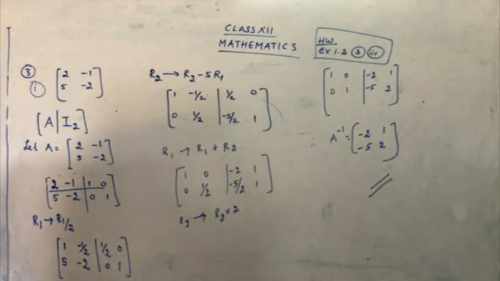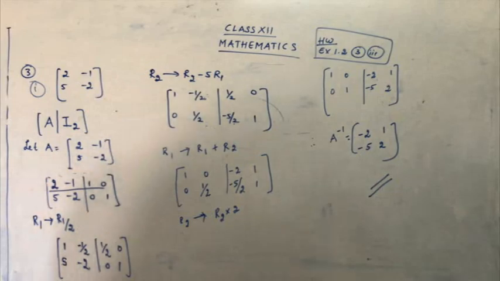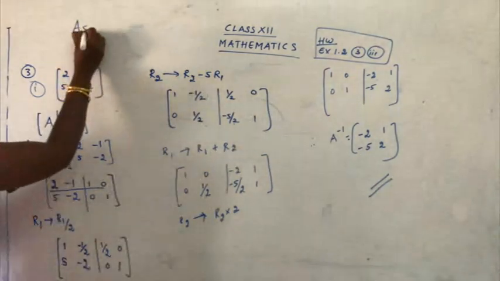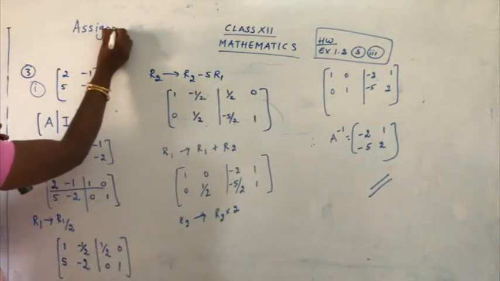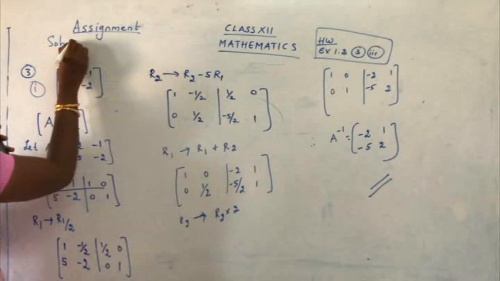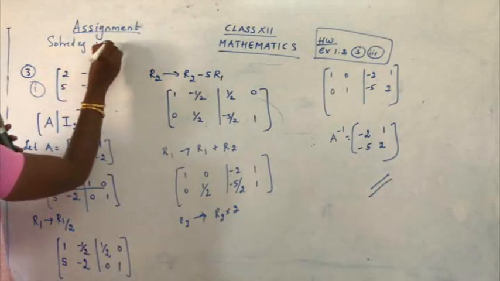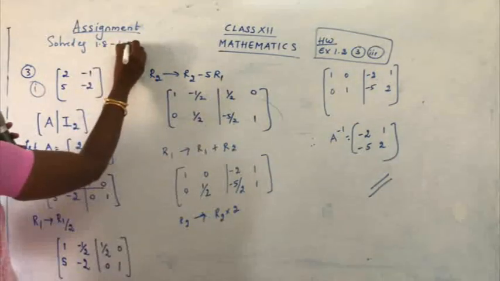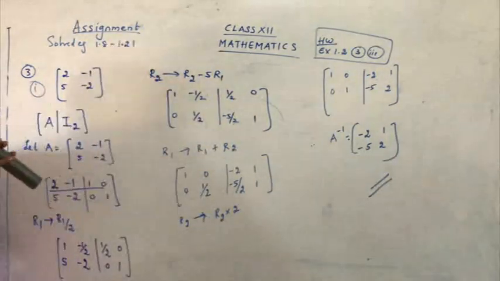So if we give 10 sums, every day try to do 2-3 sums so that in 2-3 days you can complete your assignments. Your assignment is, I'm just writing the assignment here. Assignment, it's solved example 1.8 to 1.21. All the sums are important.